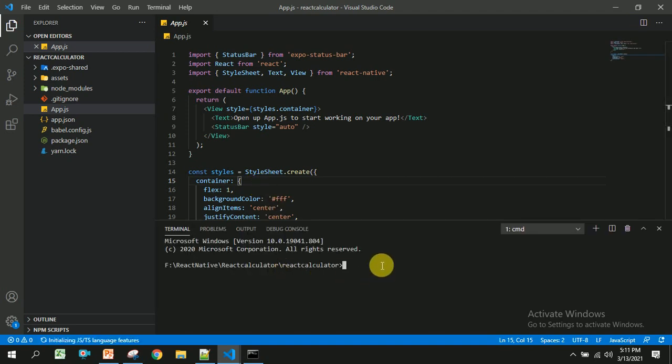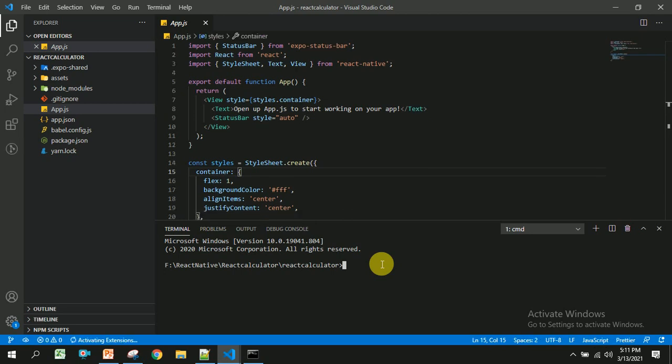If you don't have yarn, then you have to install yarn by using npm install yarn. I have already installed this, so there is no need to install it again. I am going to run this project directly by using yarn start.